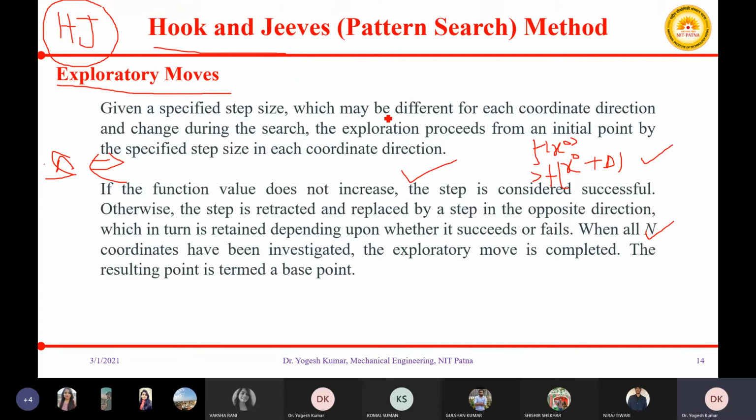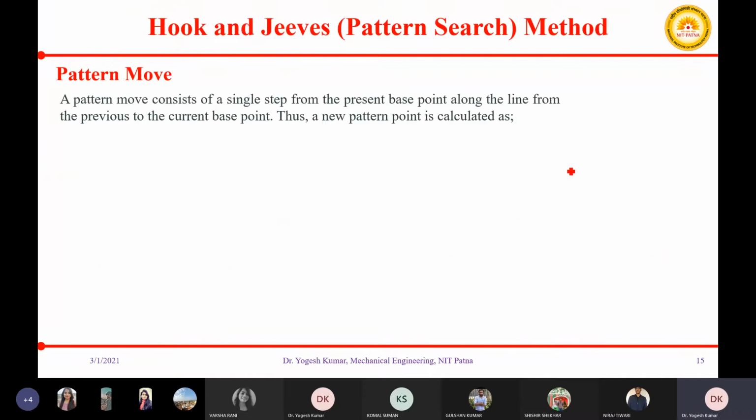Otherwise, you will reverse the direction, and you will re-investigate at which point the value of your function comes out lesser as compared to the value of the function at the initial or starting point.